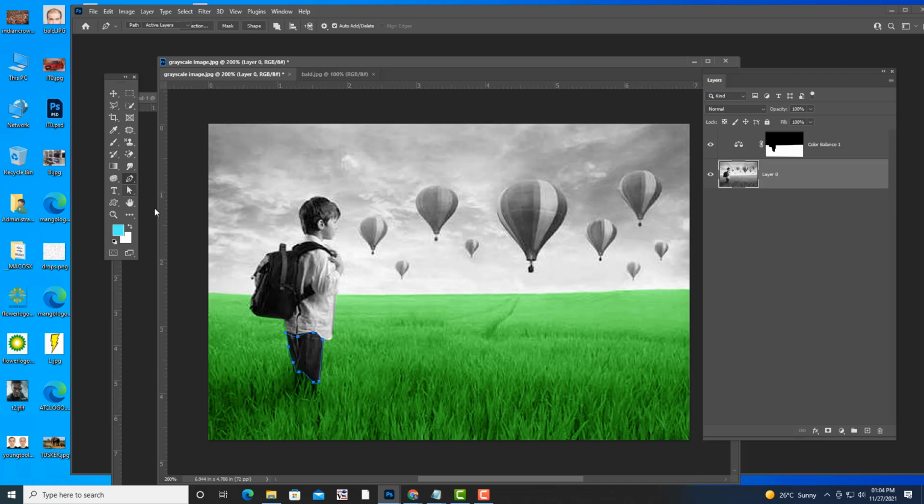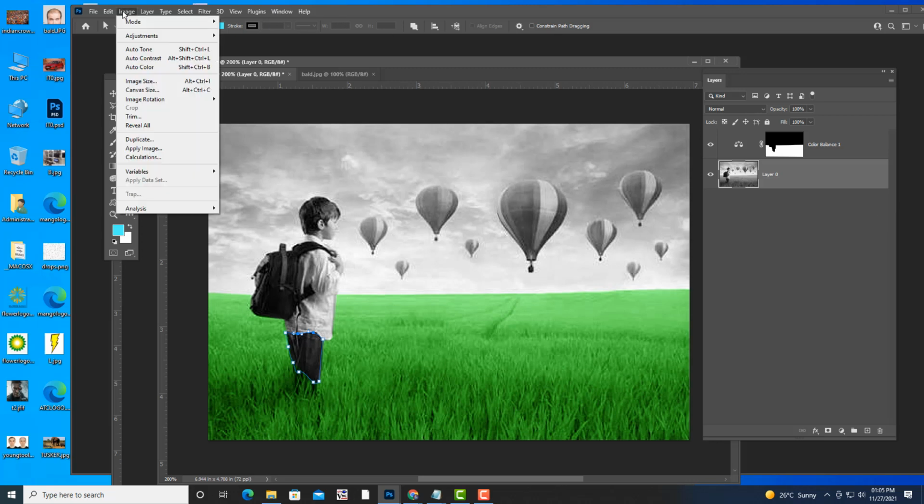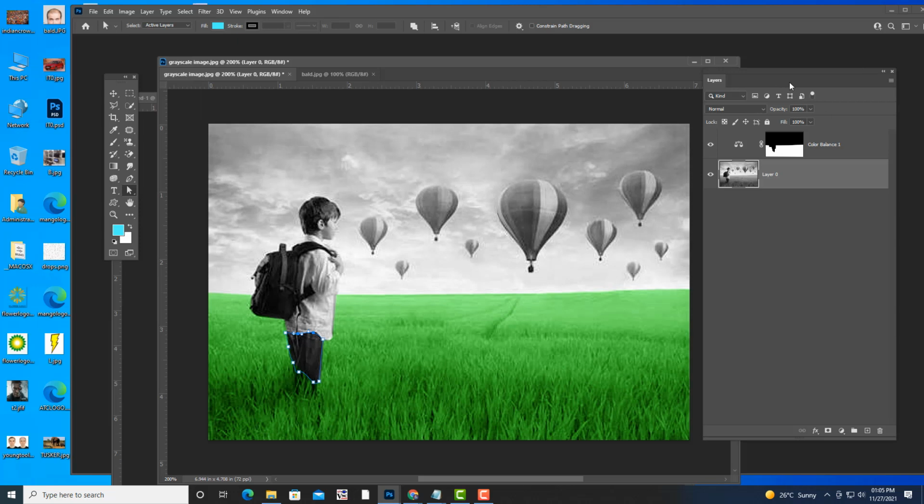One thing I want to tell you here is, if you try to use this color balance again from layers, you may get some problem, because these two colors will clash with each other, this color balance and the new color balance that I am going to take. So for this particular example, if you are using adjustments, try to use it from menus instead of layers. Okay, only for this example.